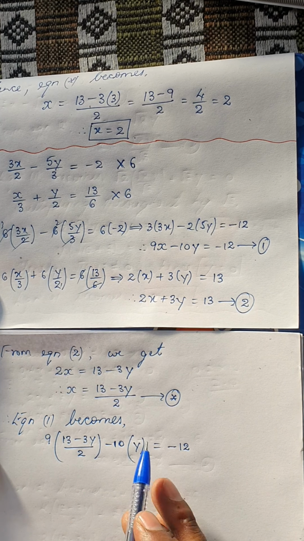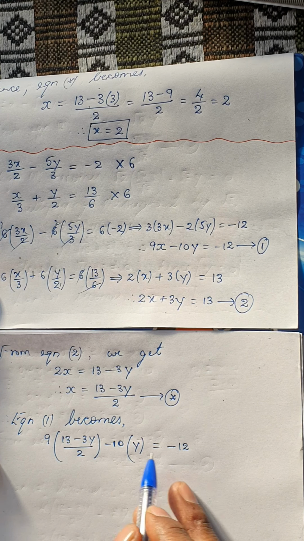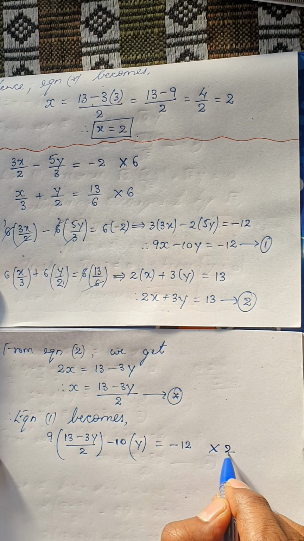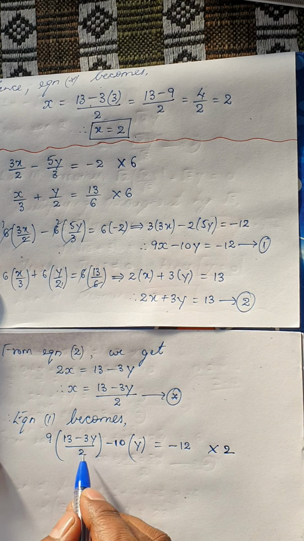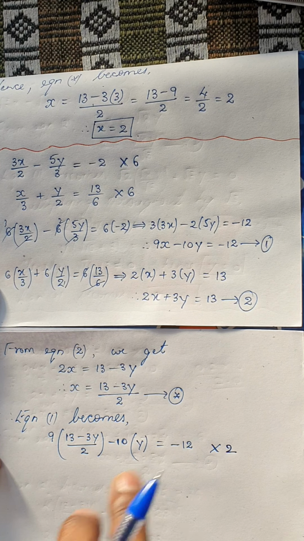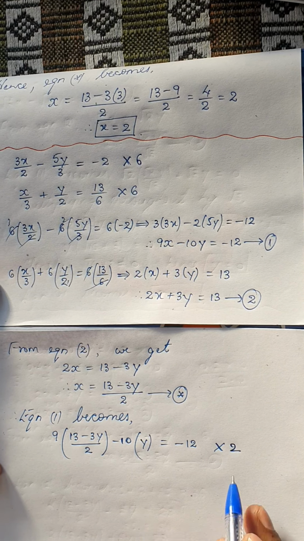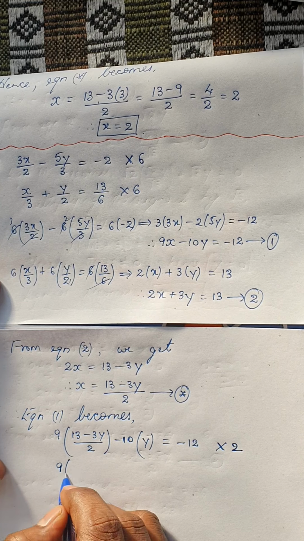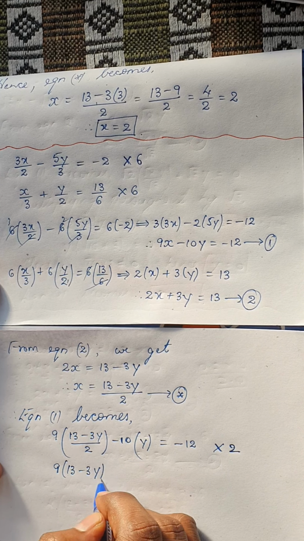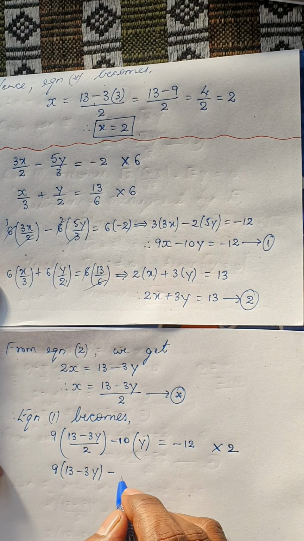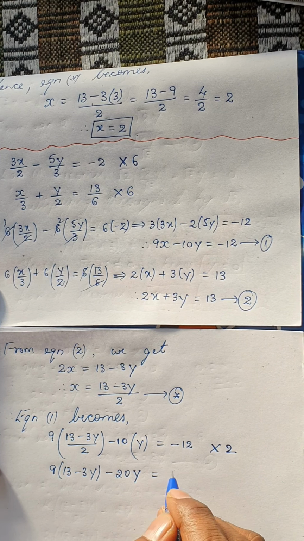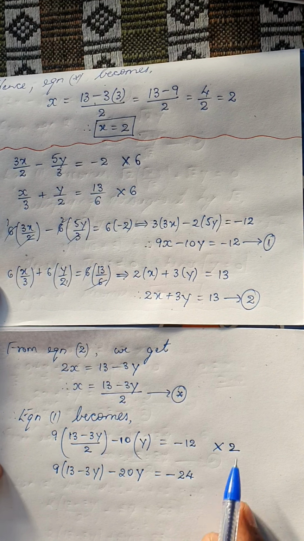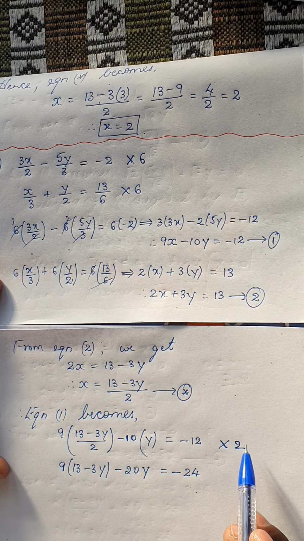Now, I have 2 in the denominator, but I don't have any other term throughout as the denominator. So it is better for me if you multiply the equation by 2. These are using common sense, because otherwise you have to take the LCM and cross multiply. Those would be tiring steps. So let us multiply 2 throughout. This 2 will be cancelled. I will just get 9 into 13 minus 3y minus, so if you multiply 2 to this, 2 into 10 would be 20y is nothing but minus 12 2s would be 24. Remember, if you multiply, you have to multiply throughout.